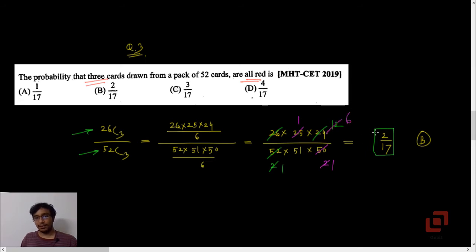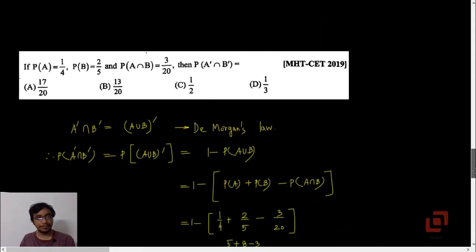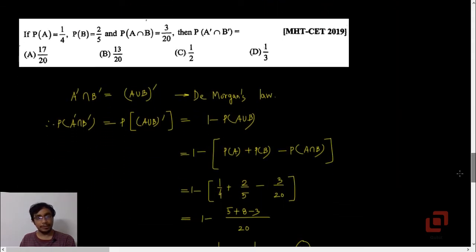Six upon 51 or 2 upon 17. That is option B. Right. Yes, simple question. Let's go to the next one. Now this can be solved if you understand the